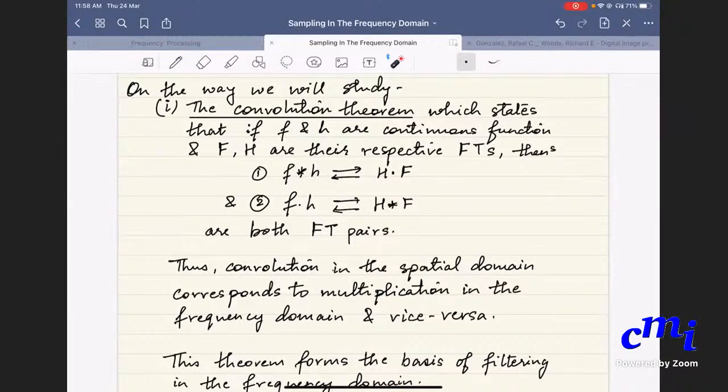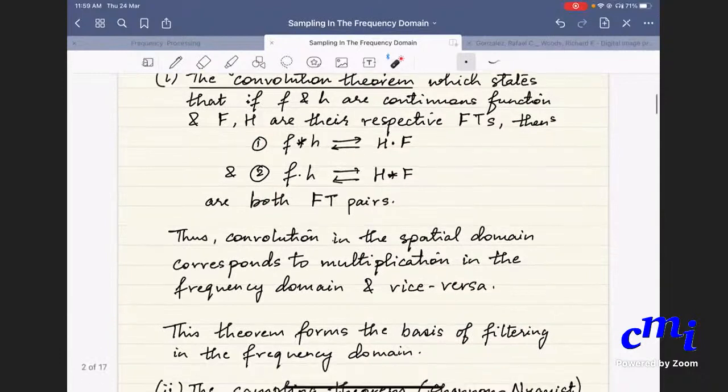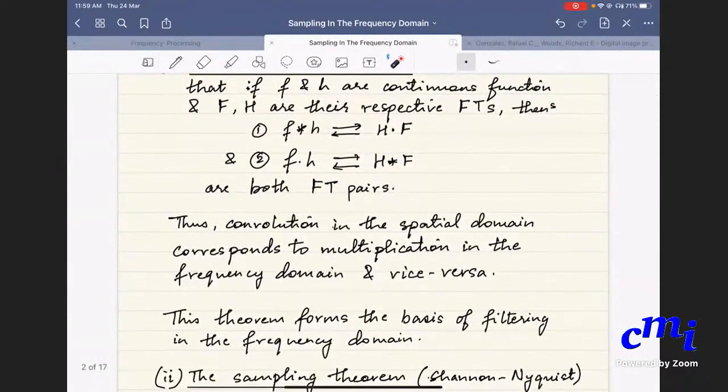So convolution in the spatial domain is equivalent to multiplication in the frequency domain. And the other way also, multiplication in the spatial domain is equivalent to convolution in the frequency domain. So this is what the convolution theorem says, and it is very useful in a number of computations. Also, this makes frequency filtering sort of